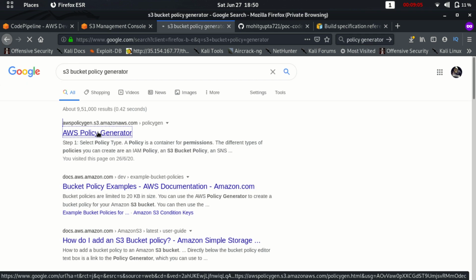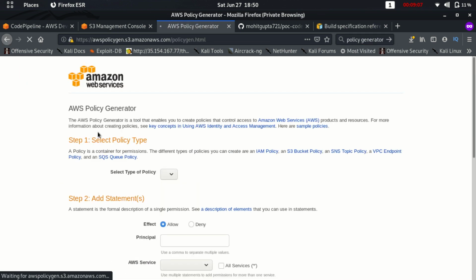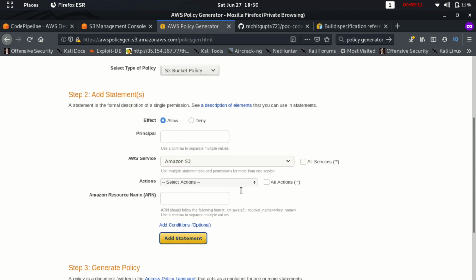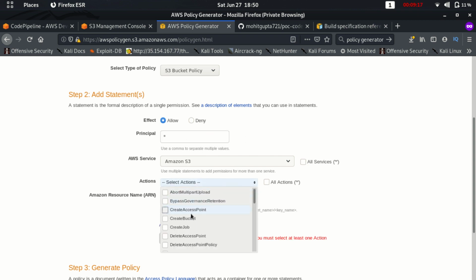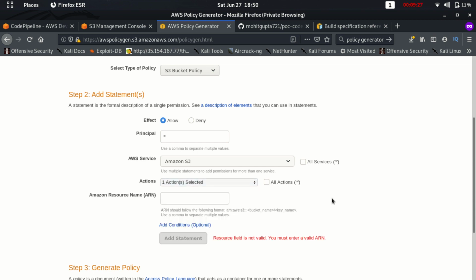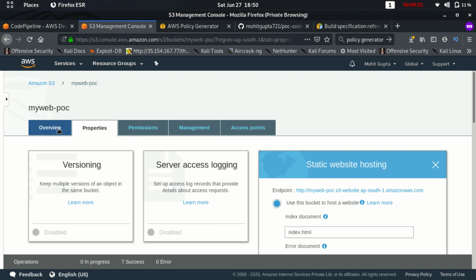Just go to this website and select the service AWS S3 bucket policy, and in the principal type star and action. You just need to give the GetObject permission. Do not give extra permissions to the bucket, otherwise it will be vulnerable and attackers will try to compromise the data.